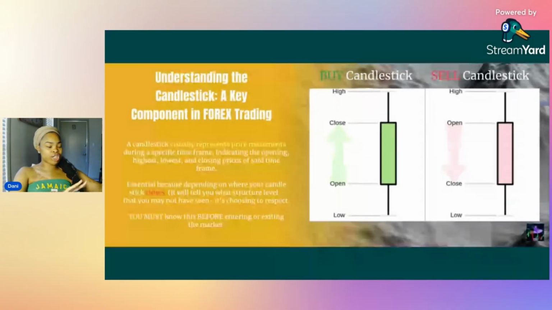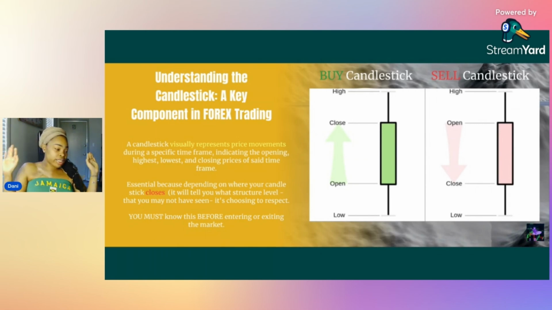Throw away the doji, throw away the double hammer, throw away the double top, throw away all of that stuff. You don't need it. I'm just saying. What you need to know is where price closes is where it wants to be. I highly recommend that you copy down this image that I have here because it will show you and explain to you how to read where the candle has closed based off of momentum